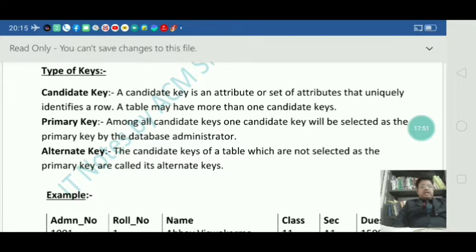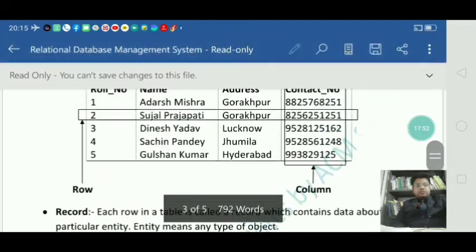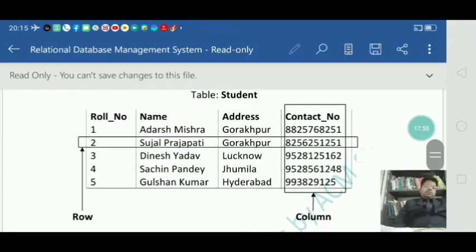So in our case, you can see on that screen also, roll number contains all unique values. Name also contains unique values. Address has repeated values. That means Gorakhpur has been written repeatedly here.